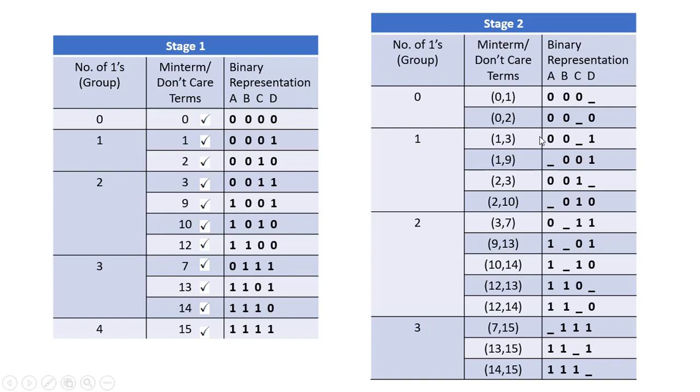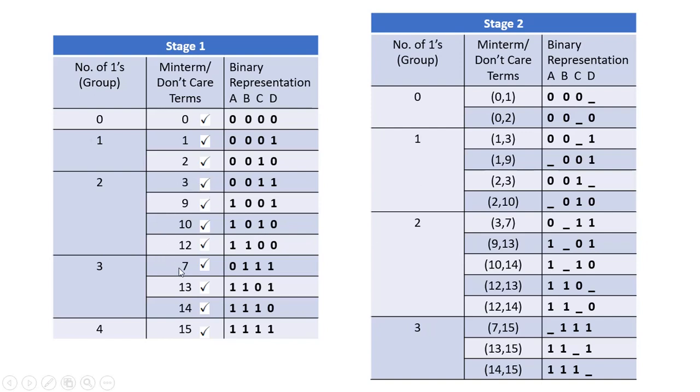Similarly we will do all the comparisons, 1 with 3 and 1 with 9. These have one bit difference, so we have considered these. We have ticked 3 and 9, and 1 we have already ticked earlier. Then similarly 2 and 3, there is a difference here, 0 and 1, so 0 0 1 and a dash for the one bit difference. Then 2 and 10, at this place we have a difference, 0 is changed to 1, the others 0 1 0 are the same, so 0 1 0 are kept the same, and this dash represents one bit change.